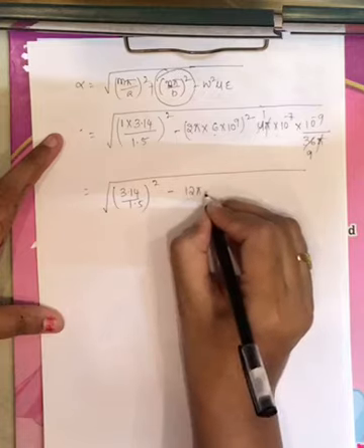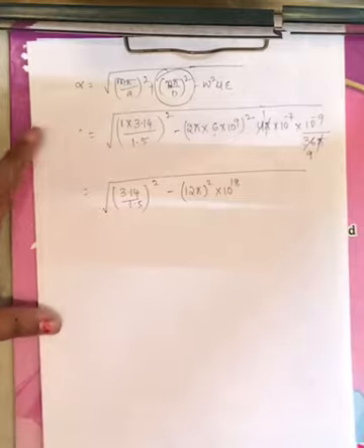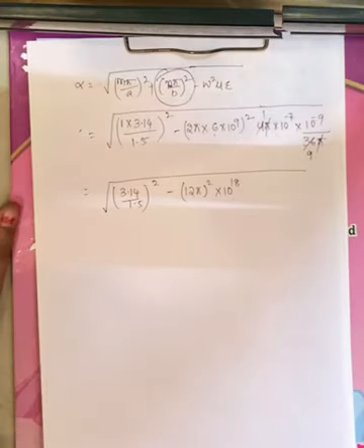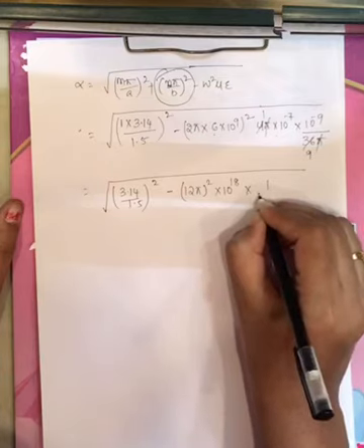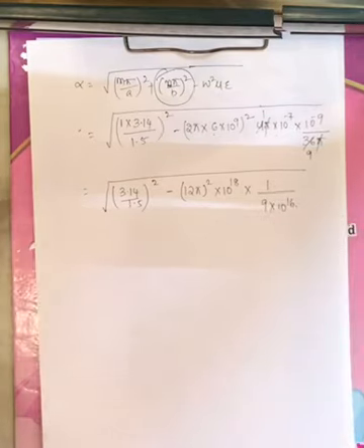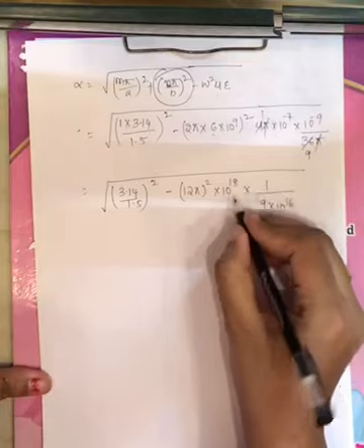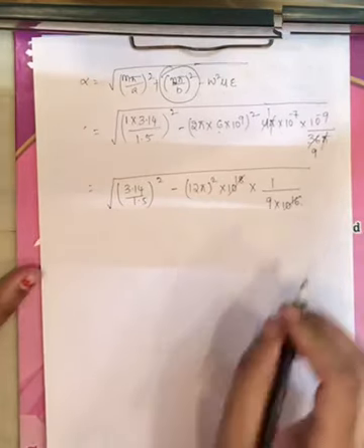whole square into 10 power 18, right? 12 pi whole square into 10 power 18 into 1 by 9 into 10 power 60, right? Upper term you have in terms of minus, bring it to down, you will get 10 power minus 60, right? And this 16 times left out is 10 square, right?